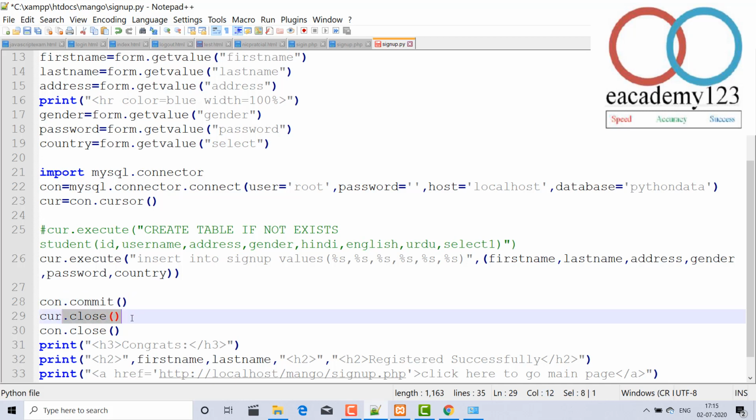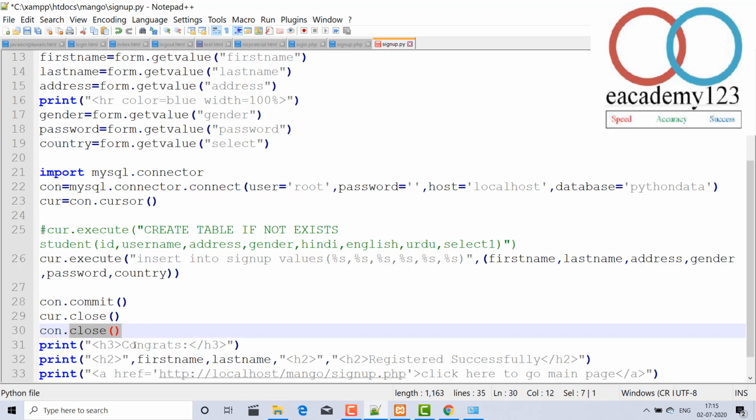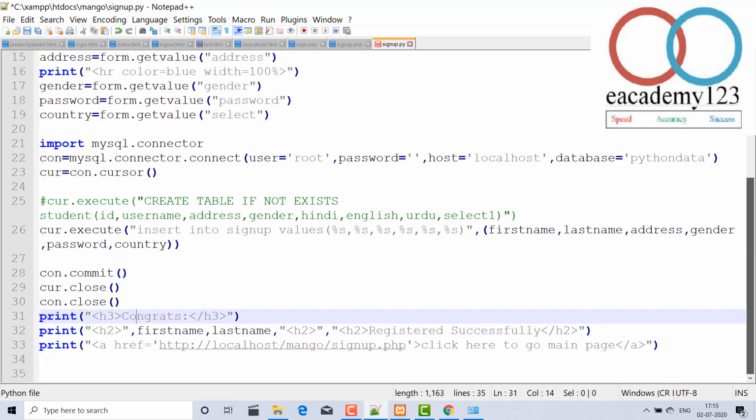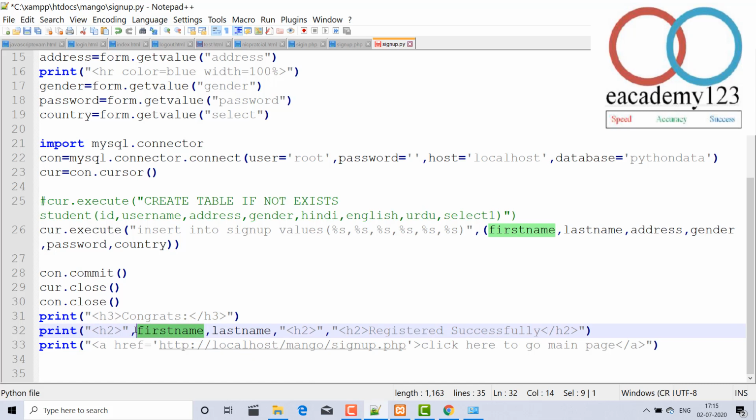After that, close the cursor, then close the connection, and congrats. The first name and last name show like that, Sham Bhatia. So Sham Bhatia registered successfully, and if you are already registered, this is the sign up.